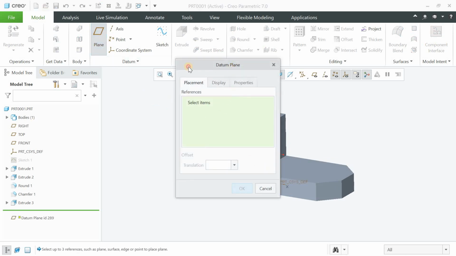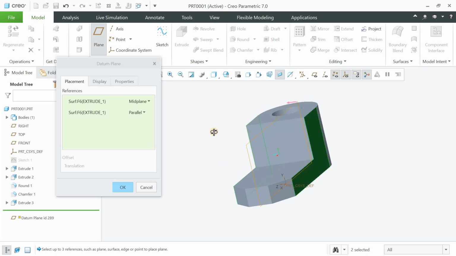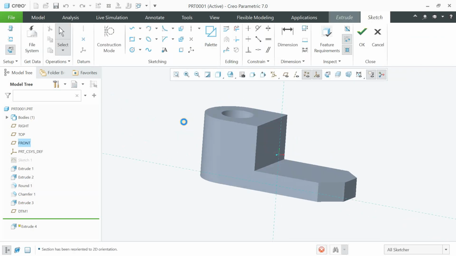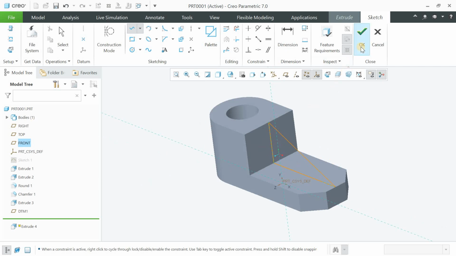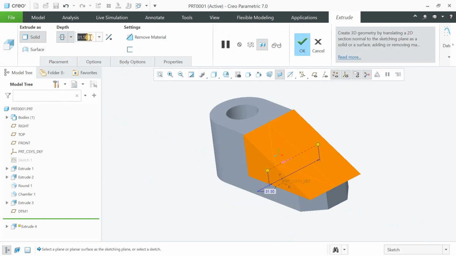Now we'll apply a mid plane, choose this face, press and hold Control key in this face to create it in the middle. Now choose this, extrude, normal, go for a line starting from somewhere here, close the sketch, OK, choose middle plane, define the 7